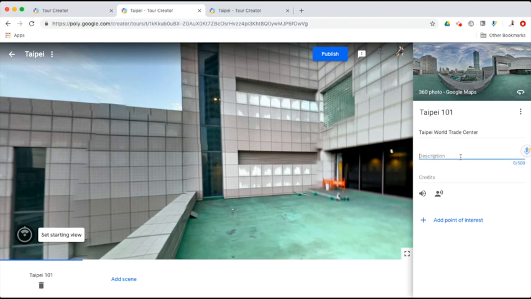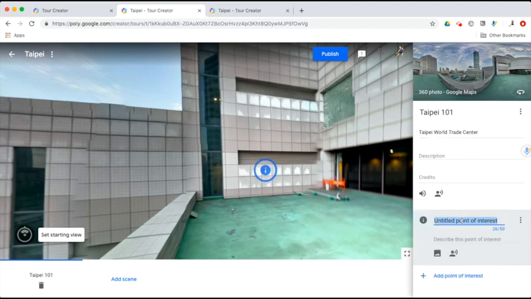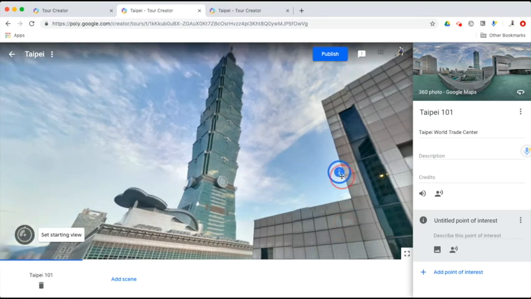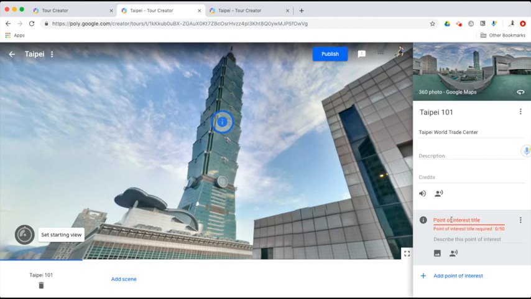You can add description of it. The thing I like the most is that you can add point of interest on this view. Click on it. It allows you to place an info icon on it. So for instance, I want to have an interest point here. You can enter a title for this point of interest. Taipei 101